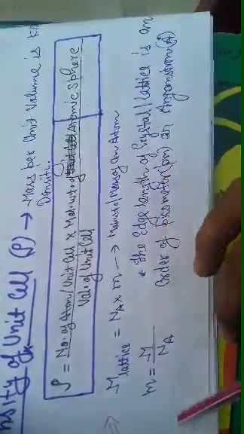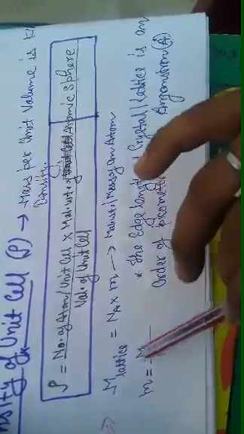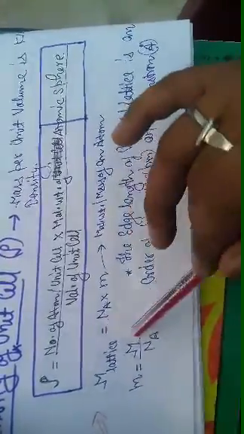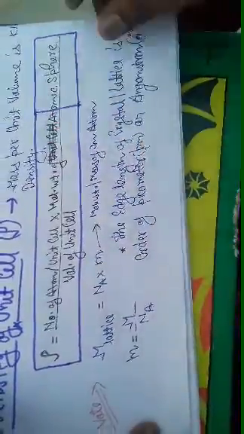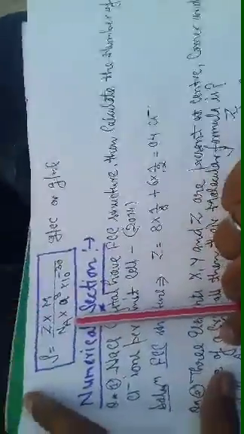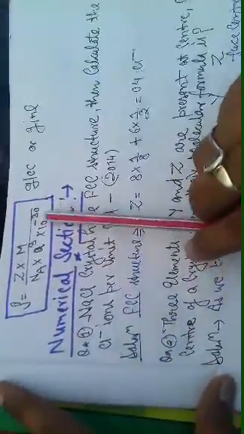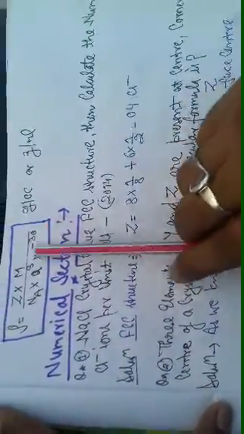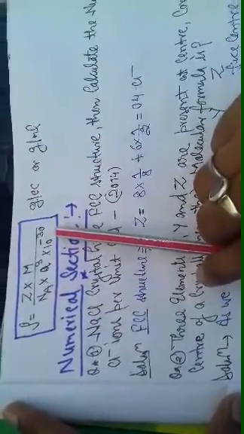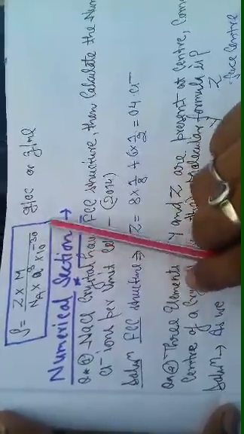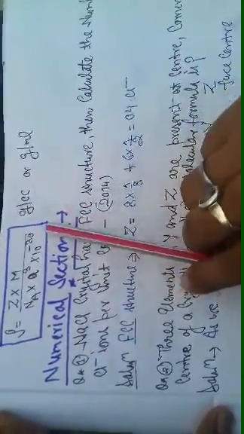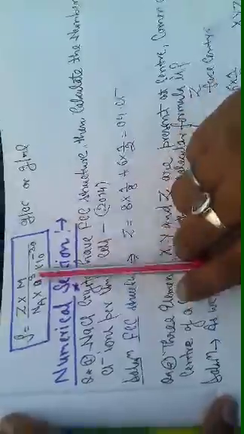Then the mass of a small atomic sphere is the molecular weight of the lattice divided by the Avogadro number. Putting this value in the equation, we get the desired equation: Z times M divided by Na times a cube times 10 to the power minus 30. We include 10 to the power minus 30 because a is in picometers, and we solve this in cc, where cc means cubic centimeter.